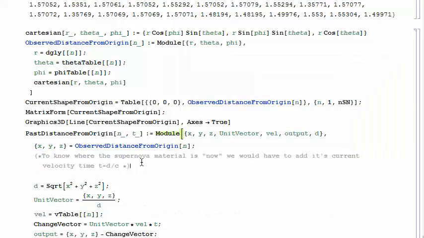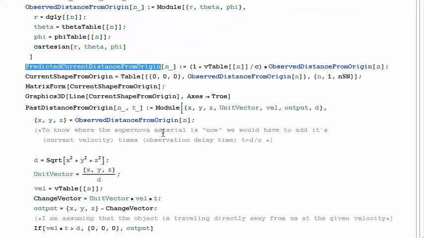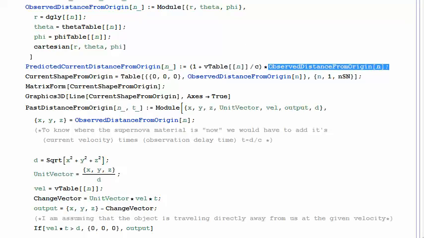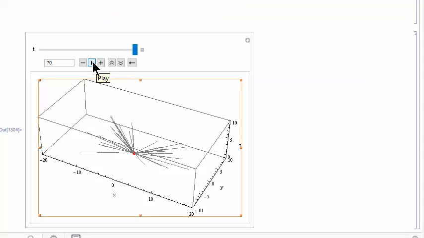To know where the supernova material actually is now, we would have to add its current velocity times time, the observation delay time, t equals d over c. So I'm going to add this function, predicted current distance from origin, which is just 1 plus v over c times the observed distance from origin. Now we've got an animation we can work with.